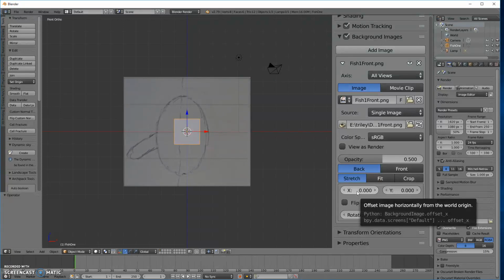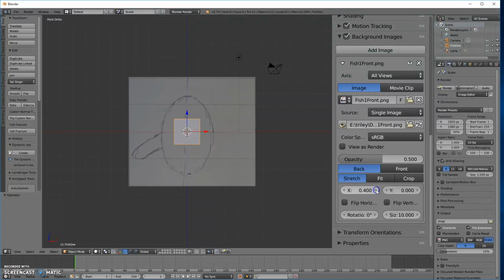I'm pretty sure that this is, yeah, it's offset. So if I go up a little bit, it'll move it over. And I'm going to put it so that the center-ish of it is in the middle of my cube, or wherever I want that center line to be at. So I got the side,